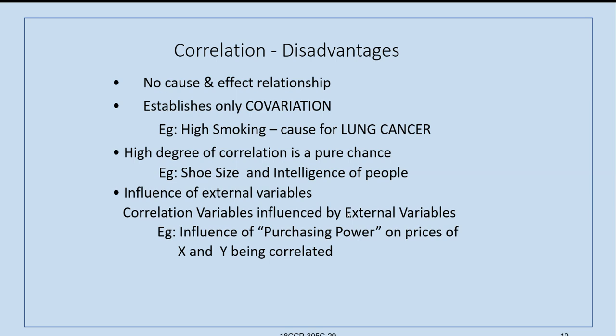So influence of external variables. So many variables will be there. We are talking about two or more variables, but so many variables will be there which will influence the correlation, which will influence the relationship between two items. Suppose if we take the same advertisement and sales, there are so many other factors. We must work hard to increase the production. Good quality production should be there. Raw material should be available.